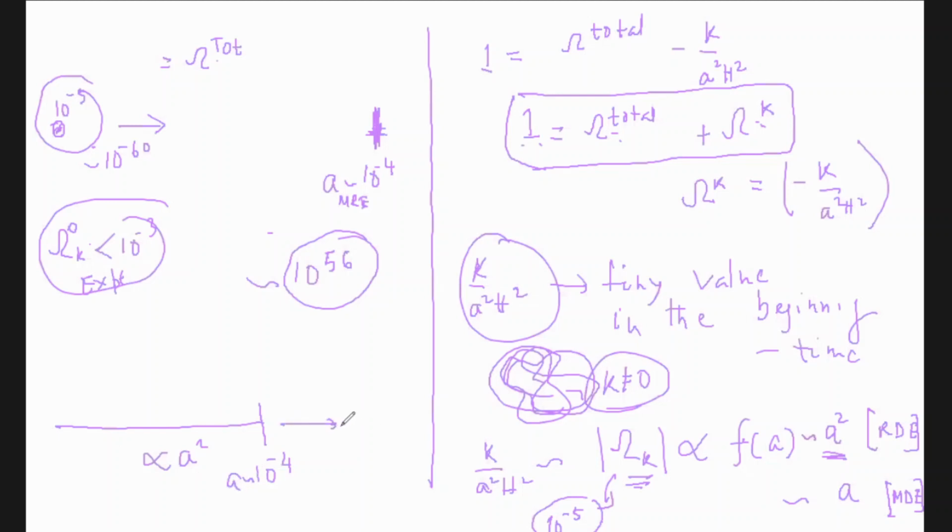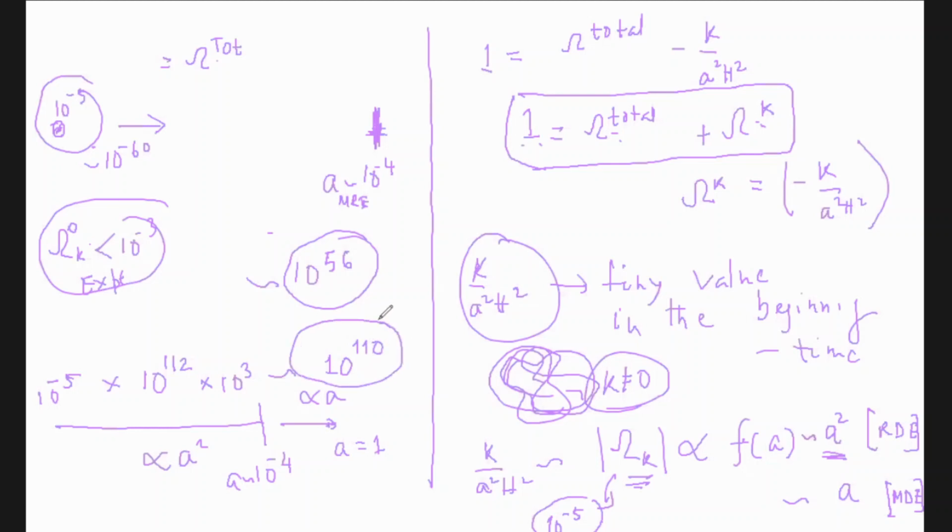And today, almost A equals 1. This you can more or less take, it goes as A, matter dominated. So you start with 10 to the power minus 5, then you multiply by A squared, so it will be 10 to the power 56 squared. So it will be 10 to the power 112. It will go as A squared. Then again it will go as A, by another 10 cubed from here to here. So it will be 10 to the power 115 times minus 5. That means 10 to the power 110,